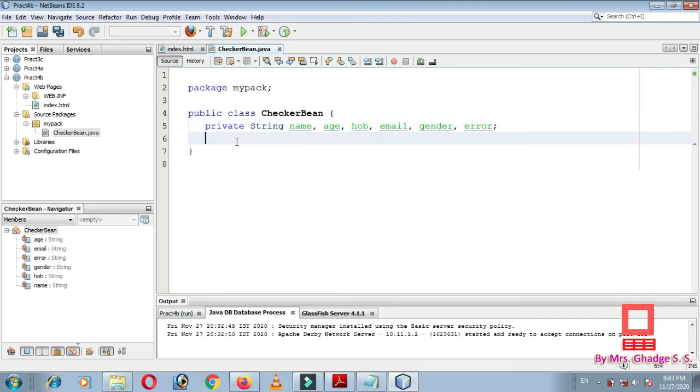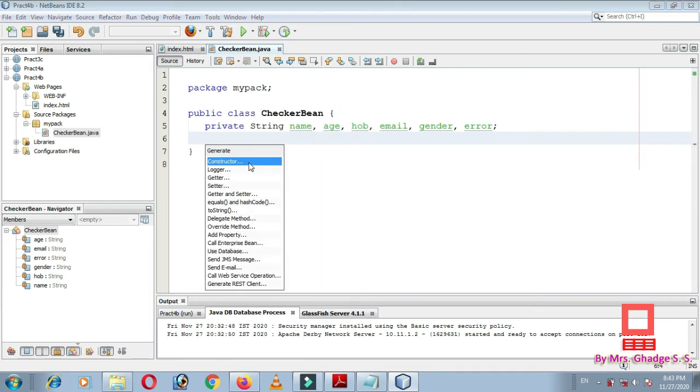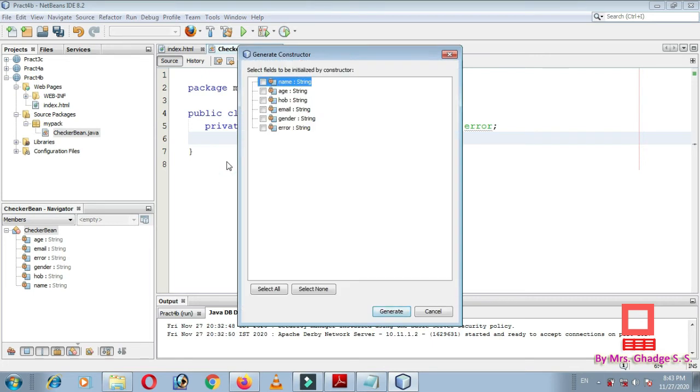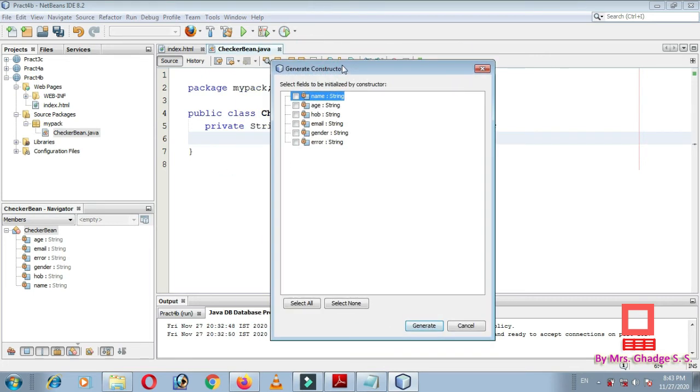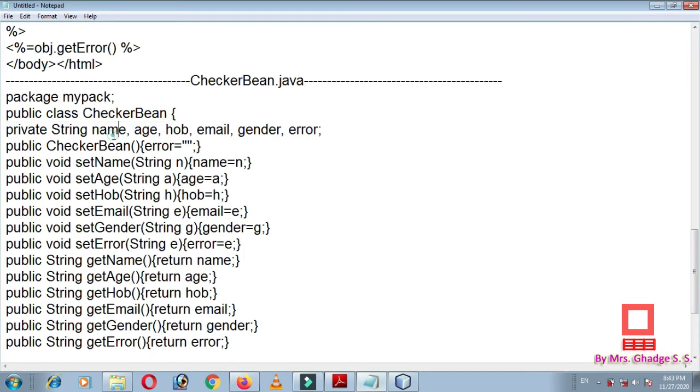Next, just right click here and select the Insert Code option, and in that you can see the first option is Constructor. Just click it, and we need to take just an empty constructor. So here you can see the constructor public CheckerBean, which is an empty constructor.